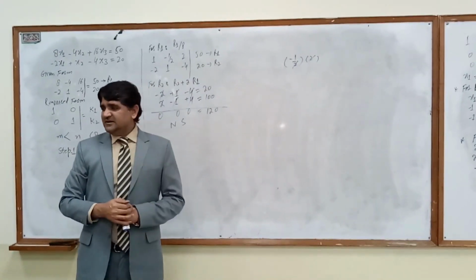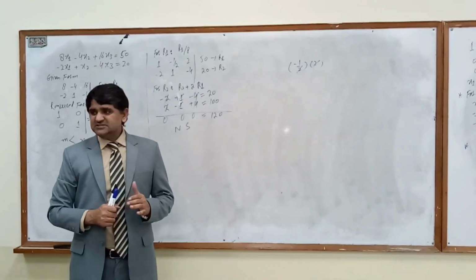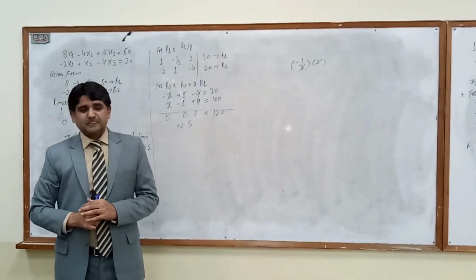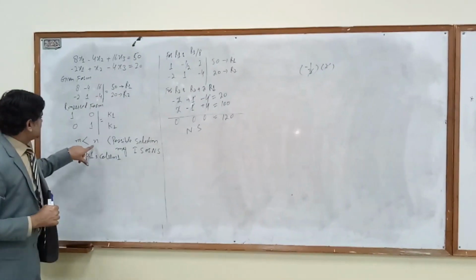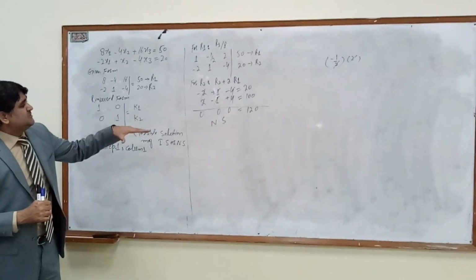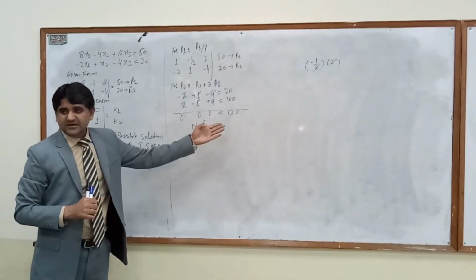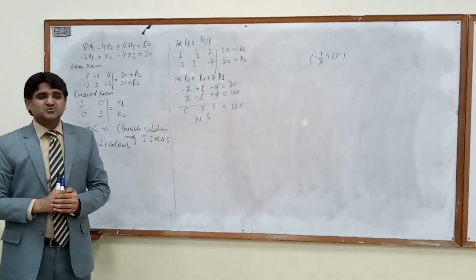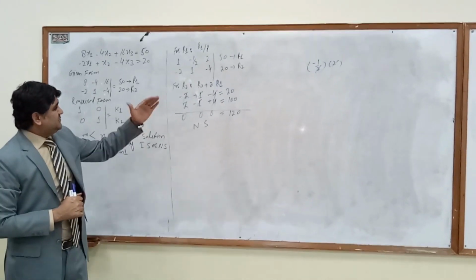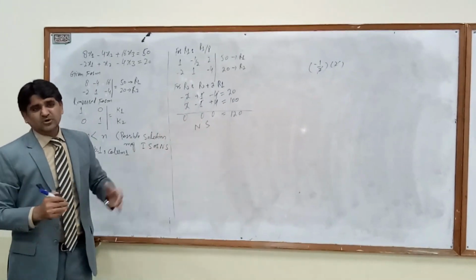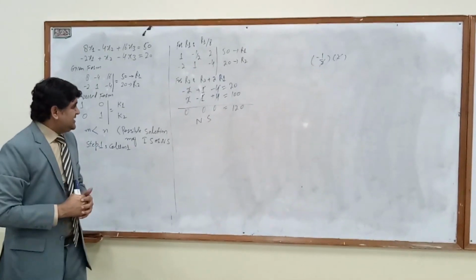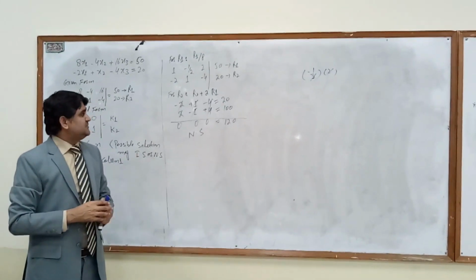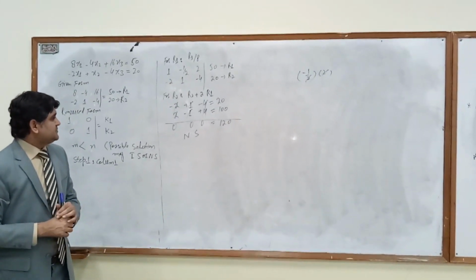If we have a system of 3 by 3, then there are chances we can get a unique solution, infinite or no solution. If rows are less than columns, then the solution set will be either no solution or infinite solution. How will we know which? If variables are cancelled but not the constant, that is called no solution. If variables and constants are both eliminated, then we are very sure the system is having infinite solutions.